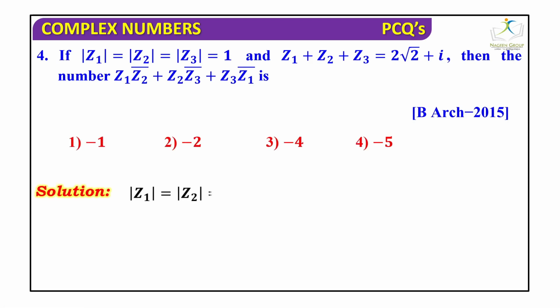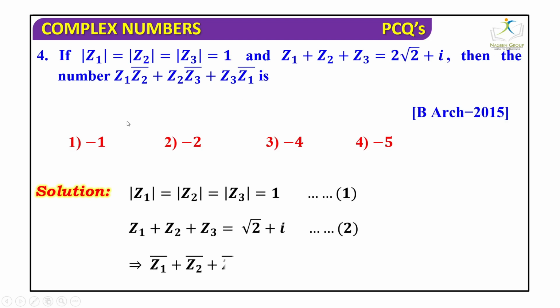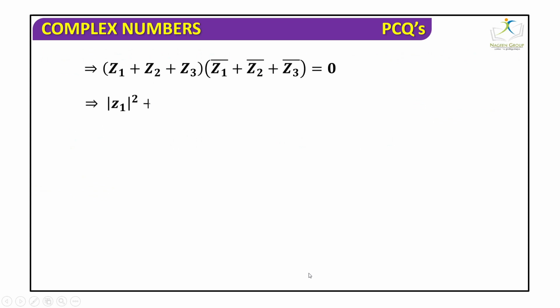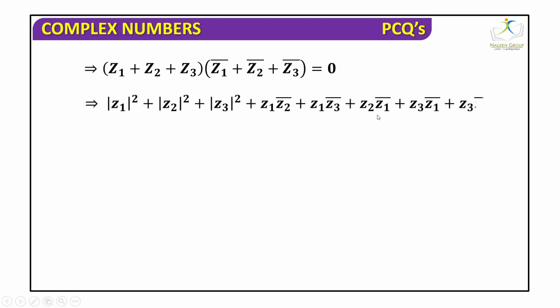So first of all, we take the values, that is z1 plus z2 plus z3 equals 2 plus iota, right? And then we find the conjugate of that. Then the conjugate comes equal to, here iota is replaced by minus iota. Now from this we multiply these two, and as we multiply, this will